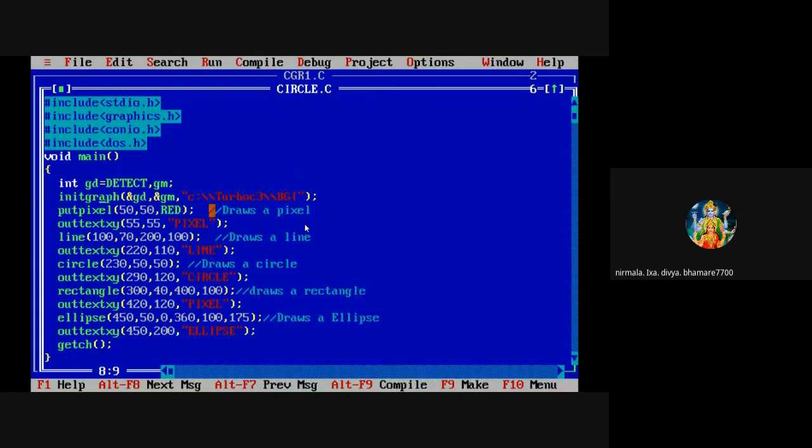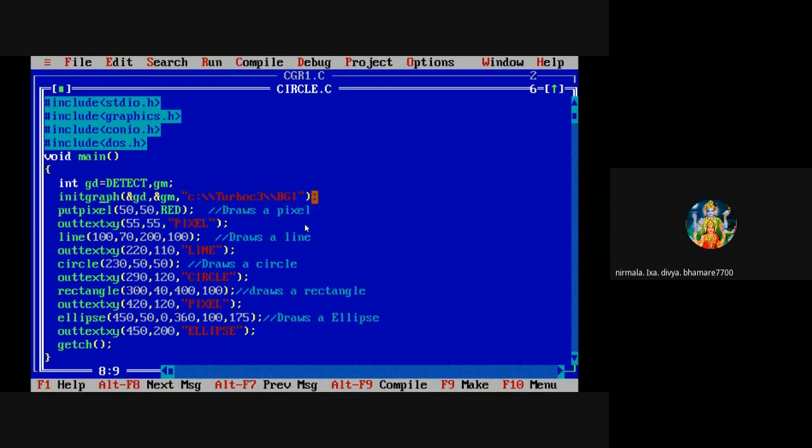On this PC, Turbo C is installed on the C drive. So C drive, colon, slash, TURBOC3, and in the TURBOC3 directory, the BGI directory is there. So how will I write? C colon slash TURBOC3 slash BGI. That is to give the path of the BGI directory. So in this way, the initgraph function is written.